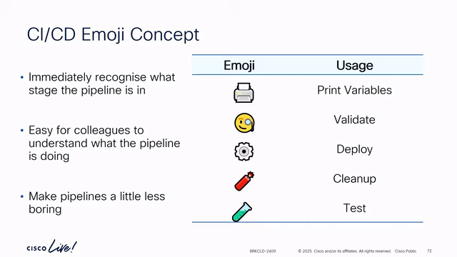Key also is having a good emoji concept. I mean, it might sound a bit silly, but there are some genuine reasons why I found this quite useful. You can immediately recognize what state the pipeline's in. If you're making multiple pipelines across domains, you can make sure that every step is being enacted by your teammates. My teammates can come in and see what's happening very easily, and it makes automation a little bit less boring, which I think is also important.